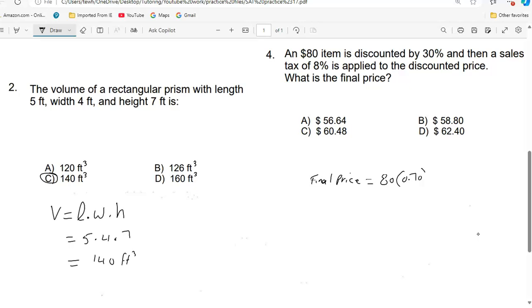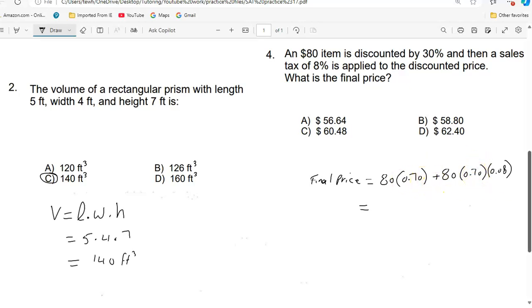0.7, 70%, plus you're going to pay taxes on this amount. So it will be 80 times 0.70 multiplied by 8%, which is 8 over 100, 0.08. And you can do it in one step actually, because you have 80 times 0.7,